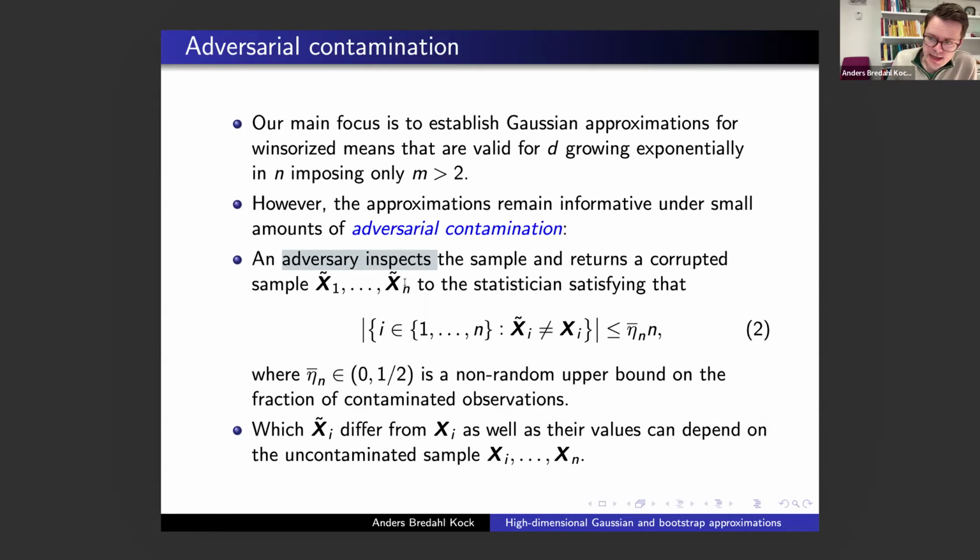However, the corrupted sample must satisfy that only a fraction of at most eta bar of the observations have been changed. So only a fraction of eta bar n of the xi tildes can be different from the xi's. Which observations my adversary changes can depend on the data, and to what value he changes it can also depend